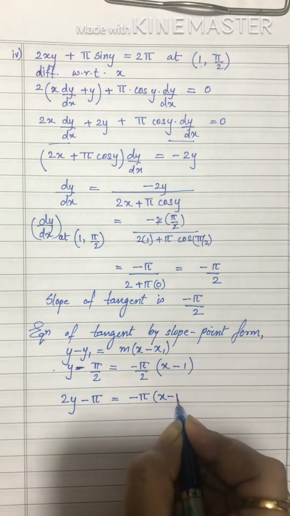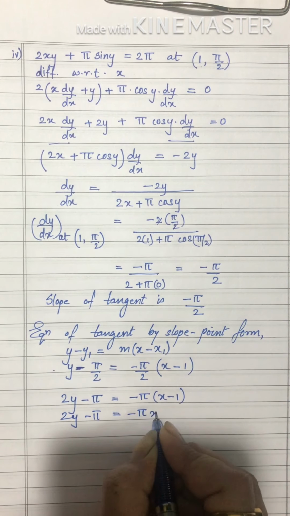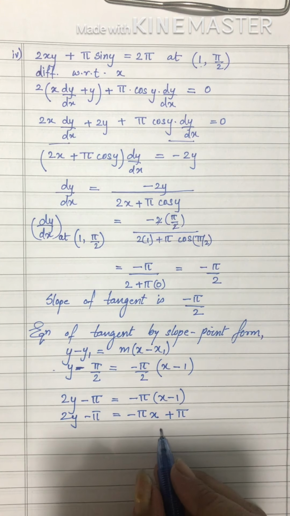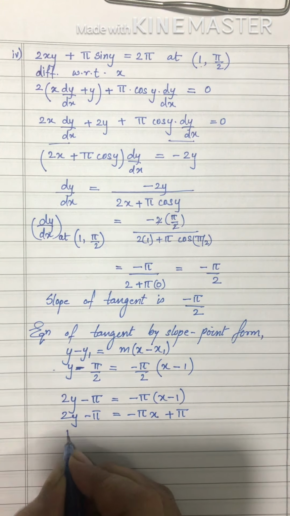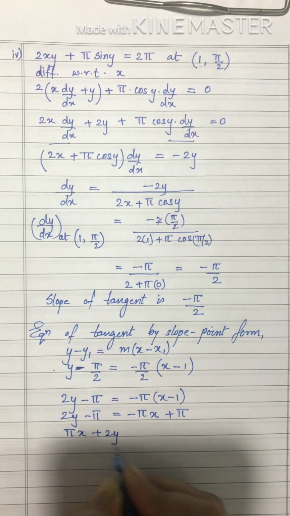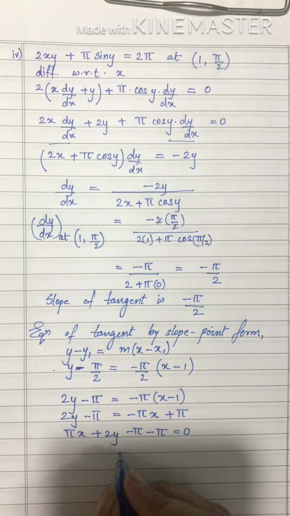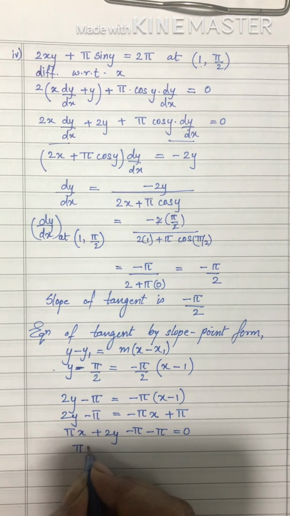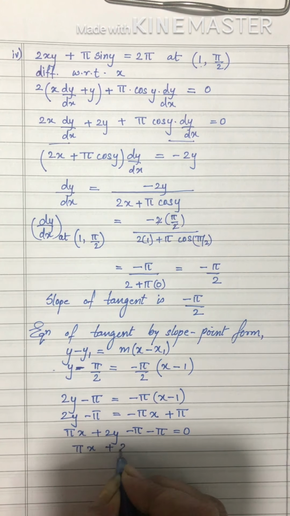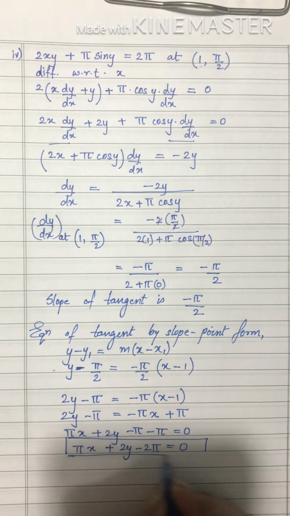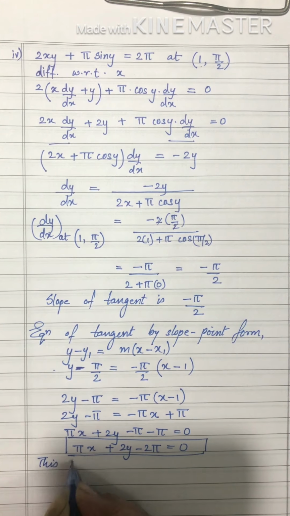Okay, then just simplify it. You get 2y minus pi is equal to minus pi x plus pi, and then try to solve it further. What you would get? pi x plus 2y minus pi is equal to 0. Okay, I have taken everything to LHS. Here we get pi x plus 2y minus 2 pi is equal to 0. Okay, now we have reached the simplified step. This is the